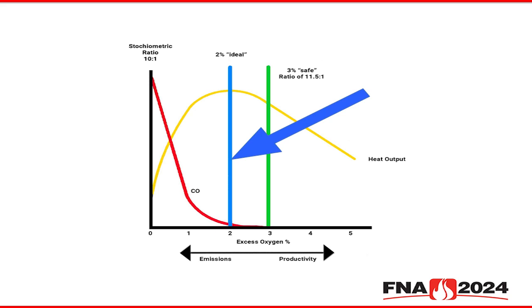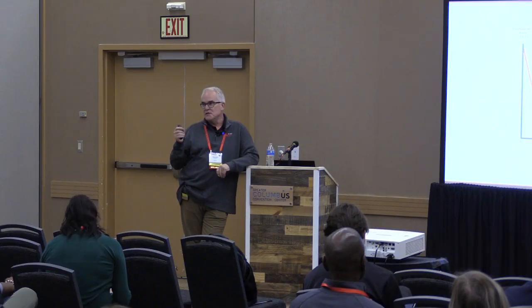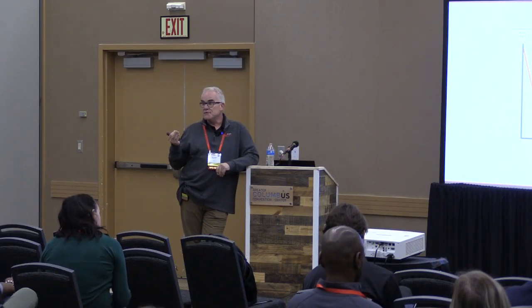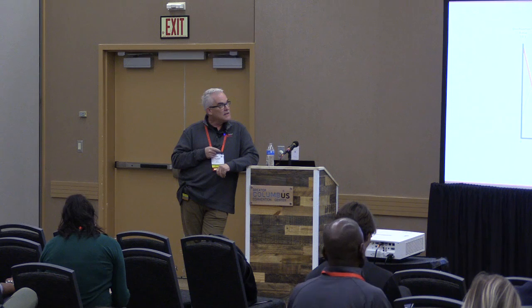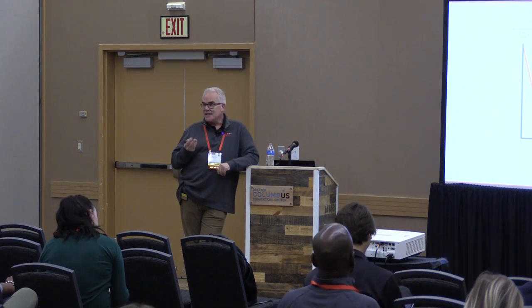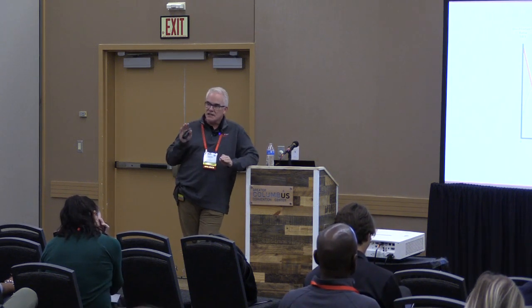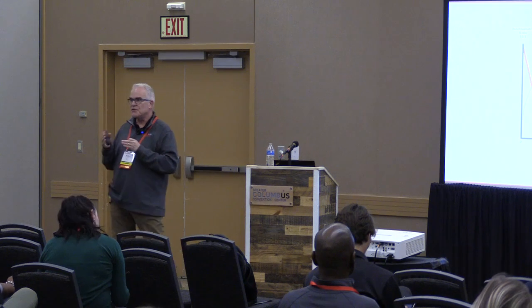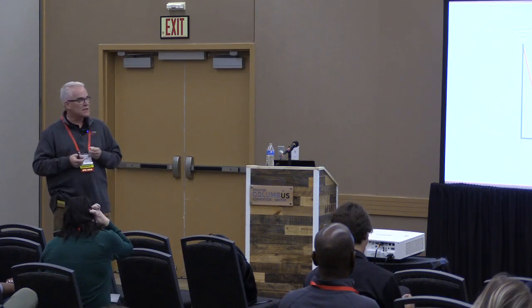In a lot of your furnaces, and I know, in a previous life I was a heat treater, I'll admit that in this room, is in radiant tubes. And so in radiant tubes, it's very easy then to measure excess oxygen in the exhaust leg of the tube. But you want to be around 2% is ideal, to where now you've got enough air mixing with the fuel that you can get complete combustion.